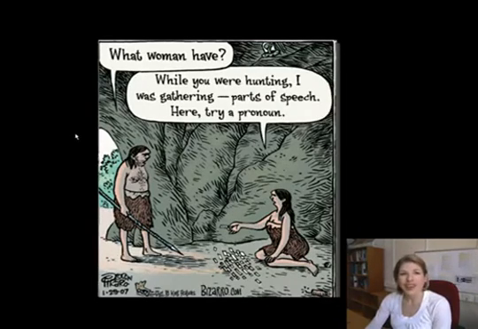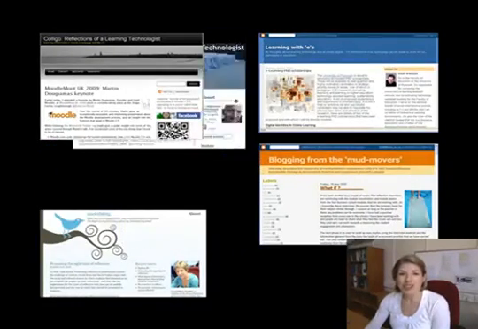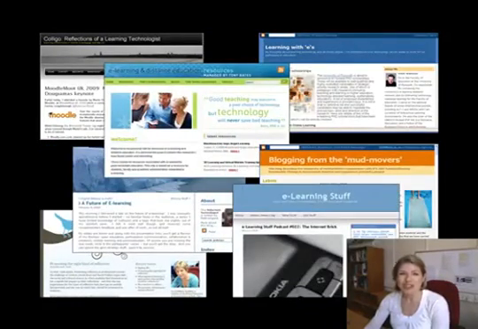I was interested in seeing how recording my own thought processes in an overt and public way would lead to deeper learning. So I picked out some literature I thought might be relevant and started blogging my responses to it. I also started building up my own personal learning network through tweeting my blog posts and commenting on other people's blogs, and observed the outcomes of these interactions. So that's how my own experience started.